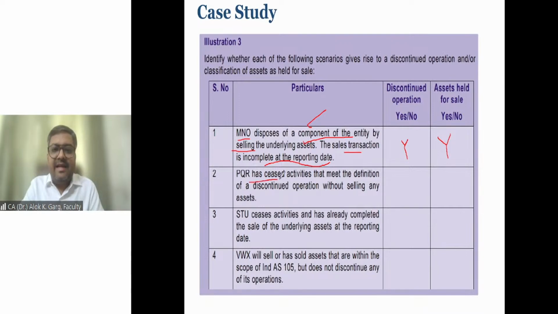PQR has ceased activities that meet the definition of a discontinued operation. It is itself written in the question that it meets the definition of discontinued operation without selling any asset. You remember my example of Financial Reporting and Auditing Institute, option number 1, option number 2, Tata Motors. So it is a discontinued operation. It is given in the question. Is it a disposal group held for sale? Is it an asset held for sale condition? Answer is